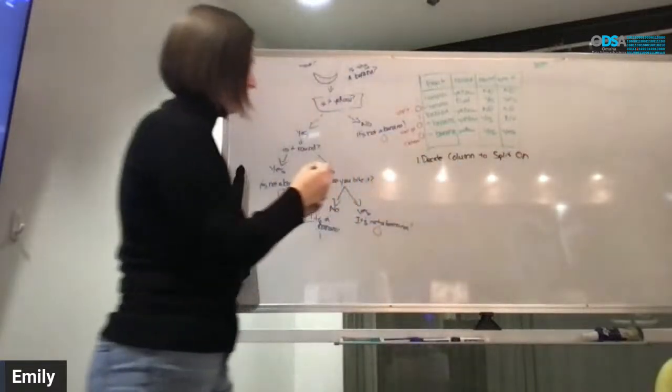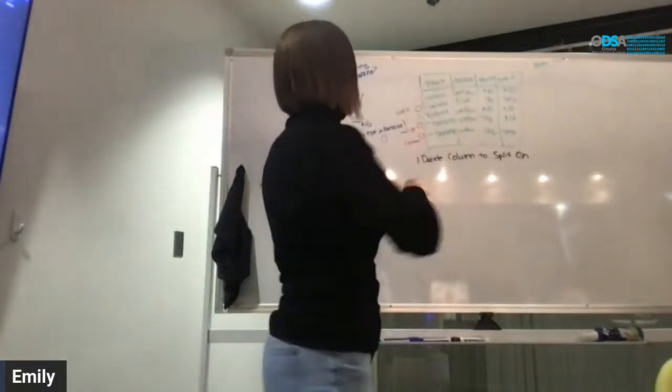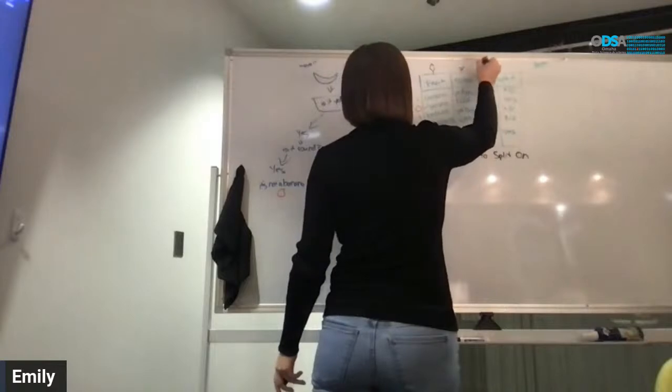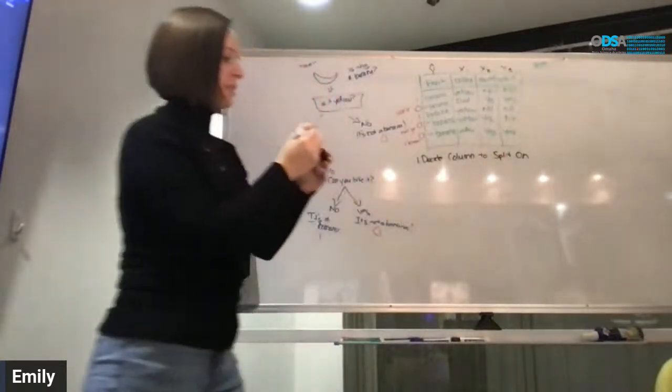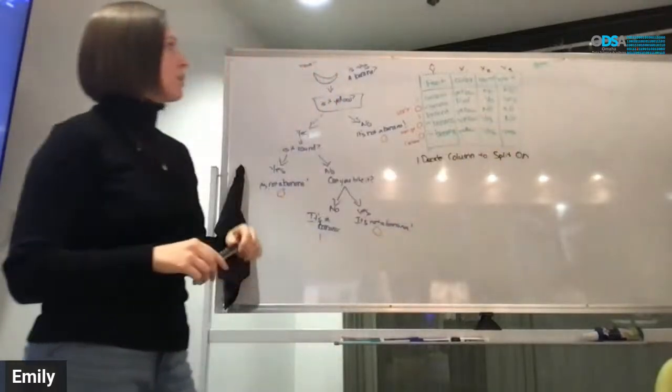So first, we're going to look at this data set, and we've got all these options. So this is our y hat, and this is our x sub 1, and this is our x sub 2, and x sub 3. So we could split on any of these x's, but we don't know which one has